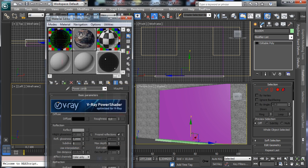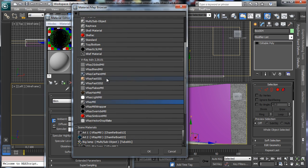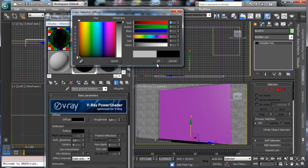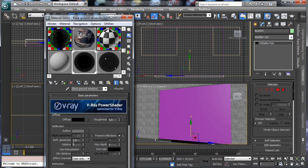This one can have a black color, black ground window sign, and this one will be material VRay black color, and we go for fresnel reflection with a little bit of reflectivity and a glossiness of 0.7. Okay,